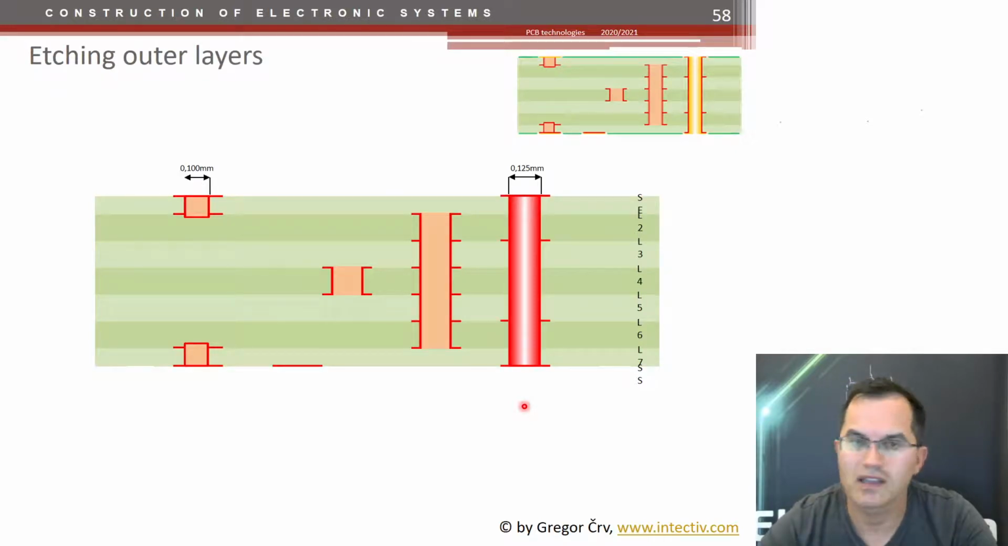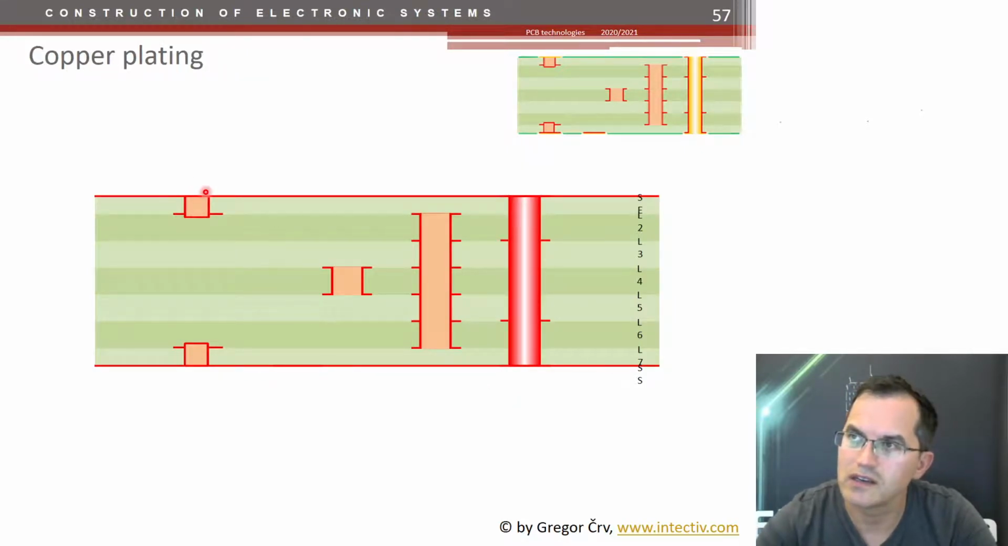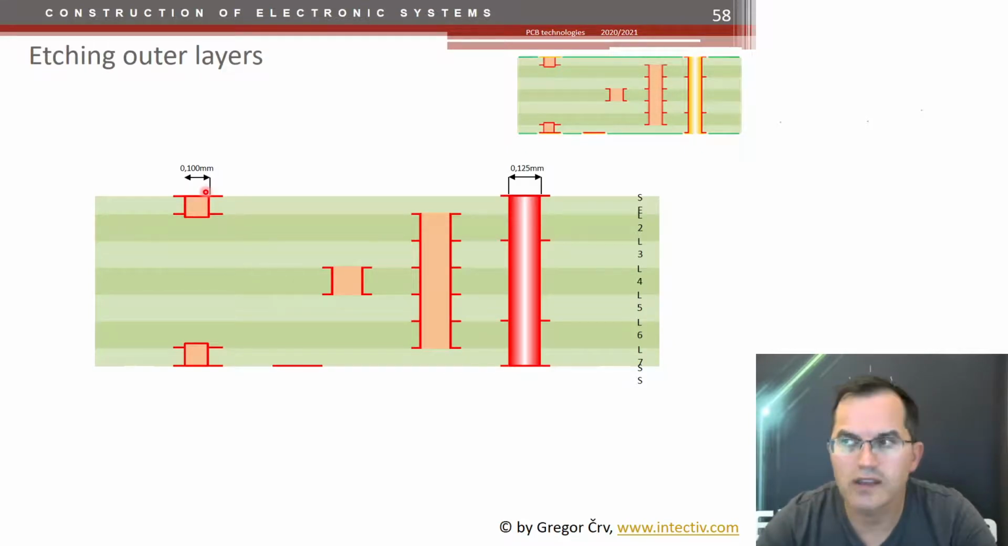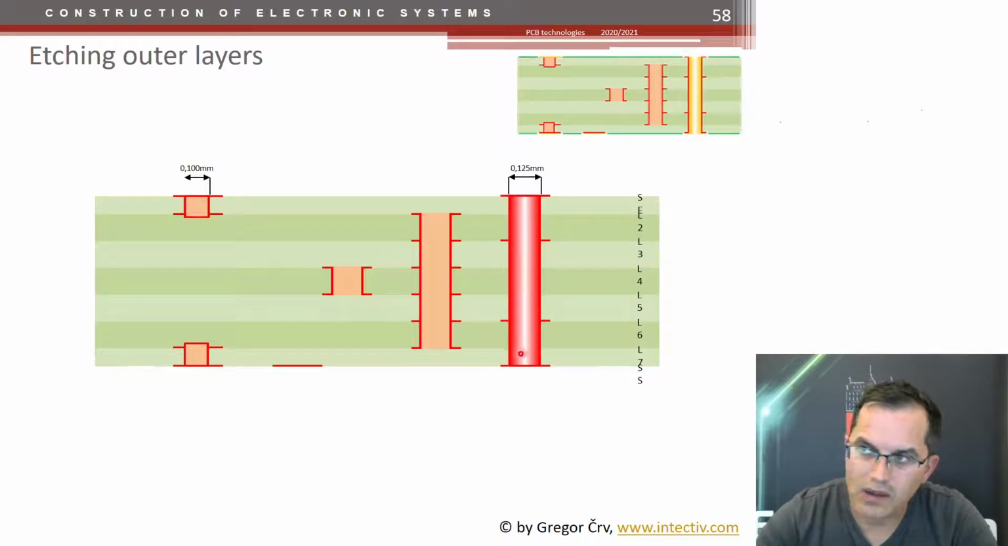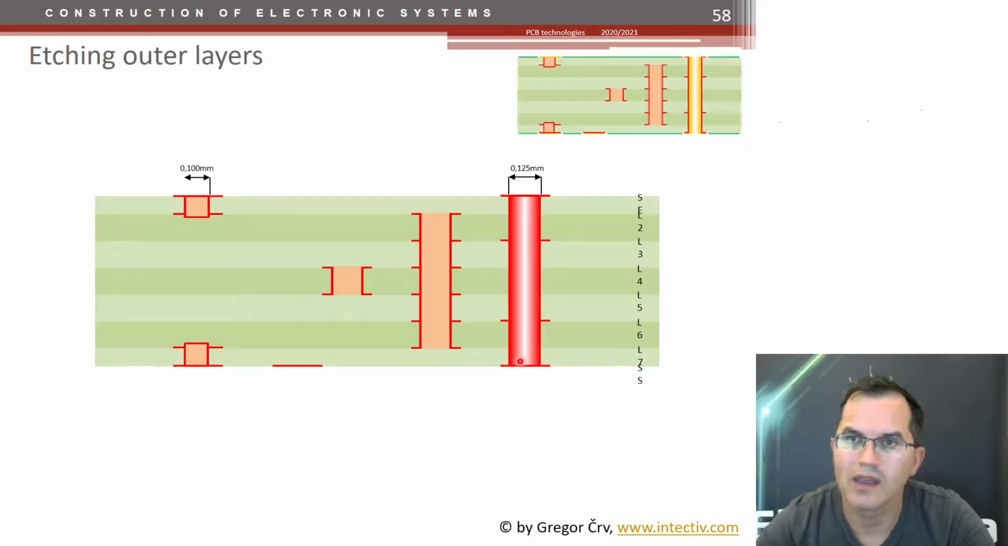These are the dimensions again. And you etch the outer layers. So now the final outer layer, see here, is etched. Now the thing is that this via is not filled with non-conductive paste because it should be exposed, maybe for some through-hole components